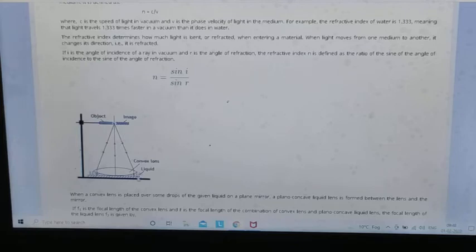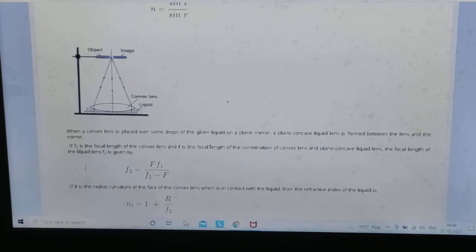Next thing you can see here, whenever the light rays go from here and come to the mirror, they will reflect back again. So the image will form here, and this is our object. We can take a needle as the object. Its image will be formed in this manner. So this is our objective here that we have to do, and this is our procedure of experimentation also. So the theory that you have to write is from here.